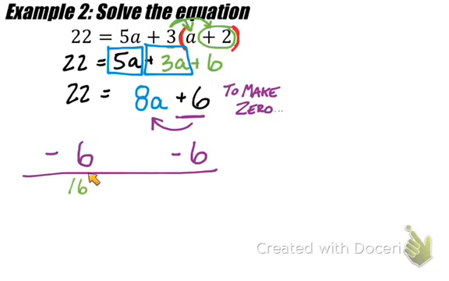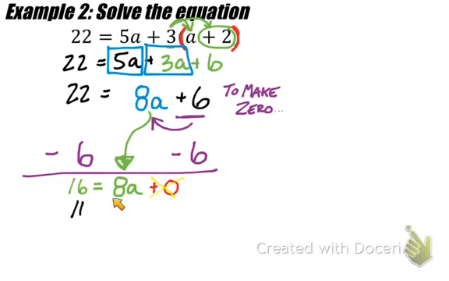So 22 minus 6, we get 16 equals 8a plus 0. Just to get in the habit of knowing that 6 minus 6 is 0, we don't need to write that. If you get the hang of it, just kind of know that's 0, and we can write down 8a equals